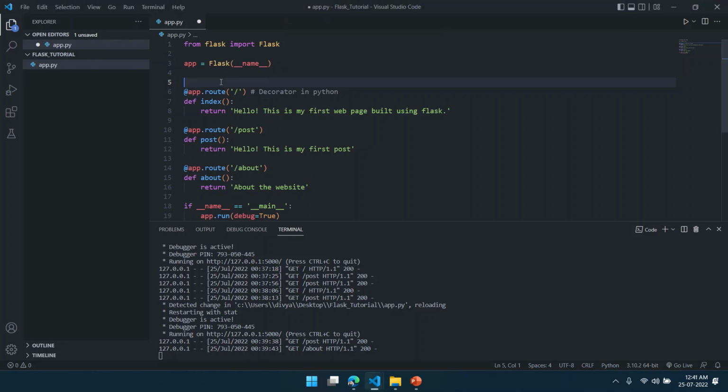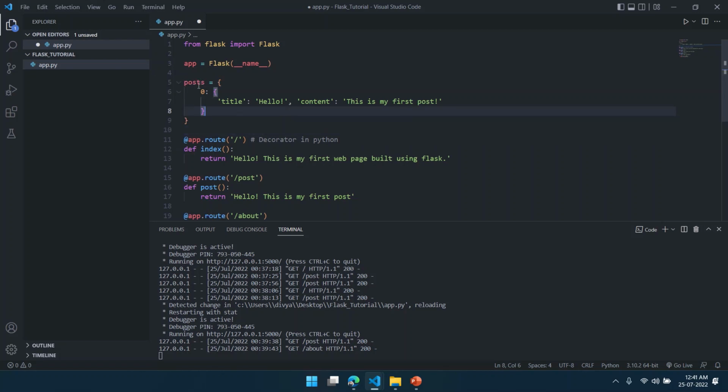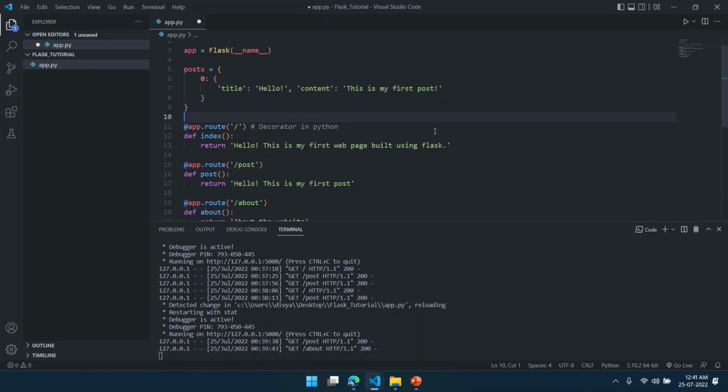So here I will create a dictionary called posts. This posts dictionary contains a key called 0, and the value of this key 0 is another dictionary that contains two keys and values. First one is title. This title is a key and the value it contains is hello. And the second key is content, and this contains a value as a string. This is my post, my first post. And